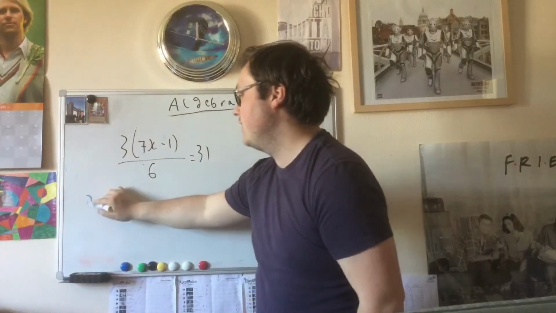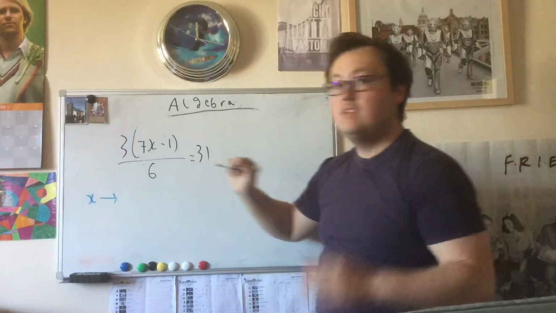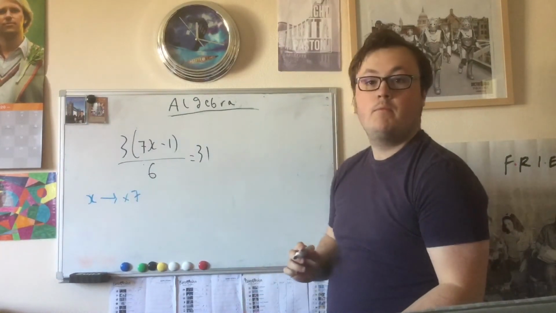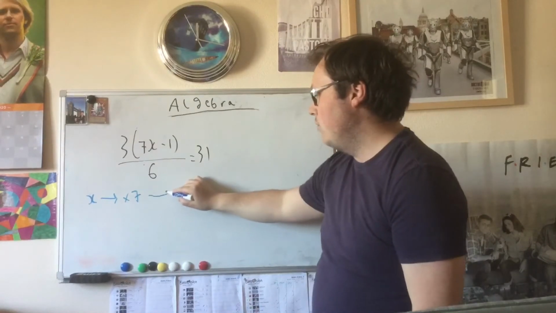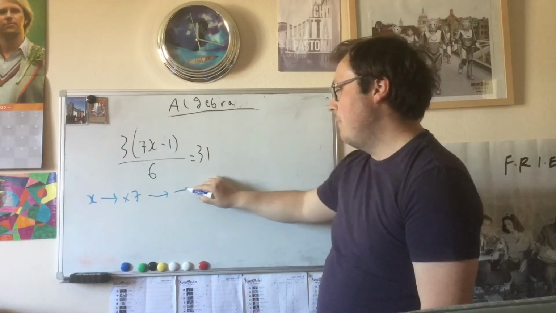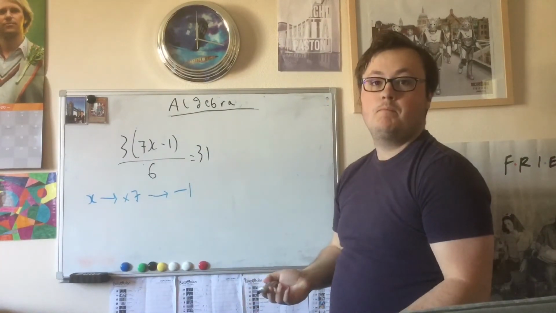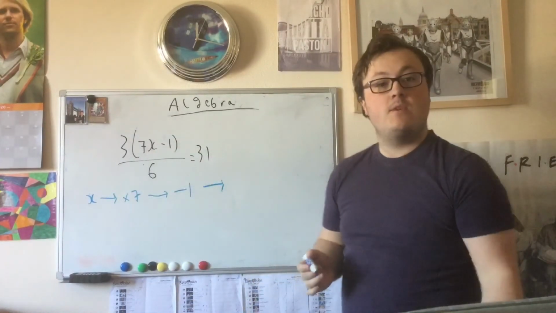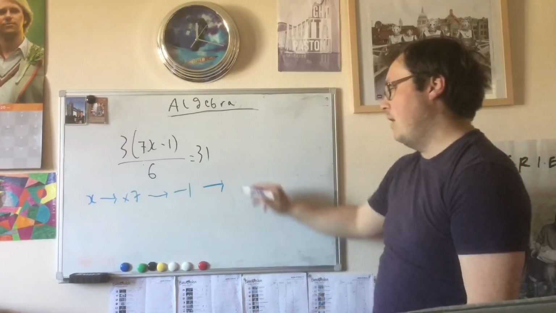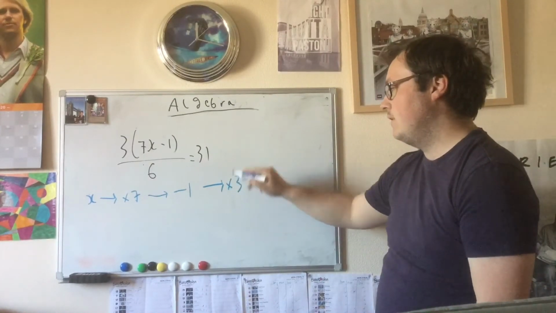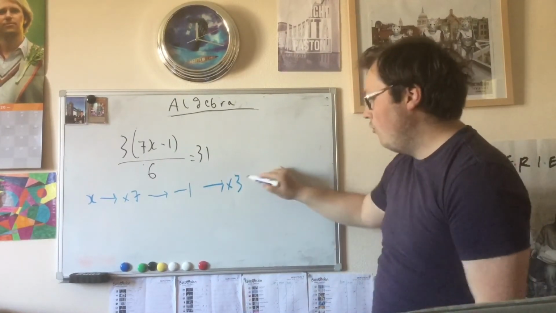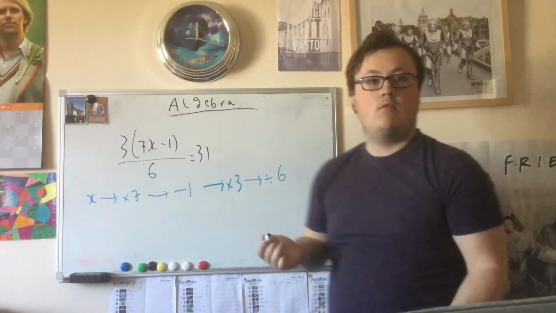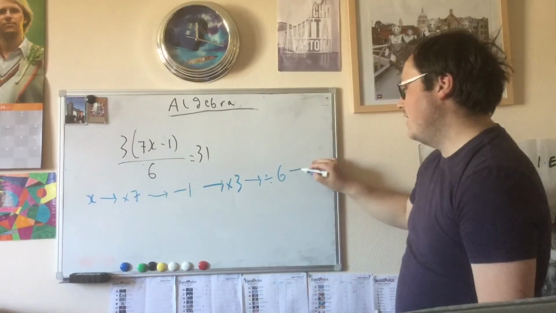So we start with our x. We are timesing by 7. Then what are we doing inside the brackets? We're minusing 1. Now outside the brackets, the first thing we're doing is we're timesing that bracket by 3. And then we're dividing the whole thing by 6. And that will get us the answer